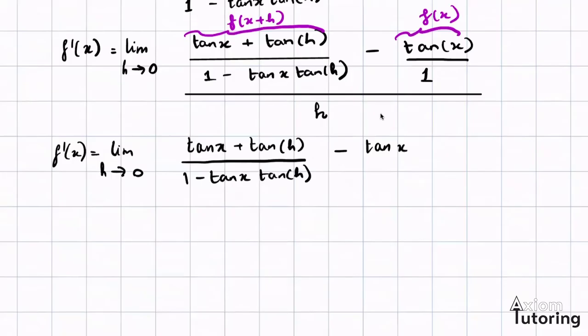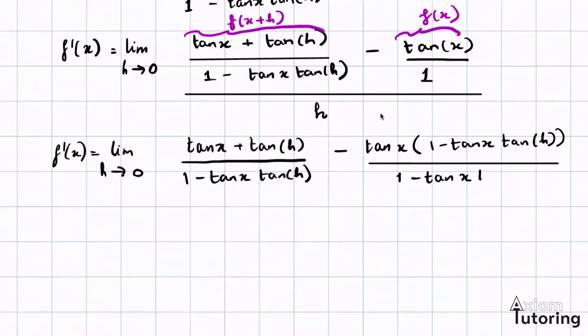So that's going to give me tan x multiplied by 1 minus tan x tan h over 1 minus tan x tan h,